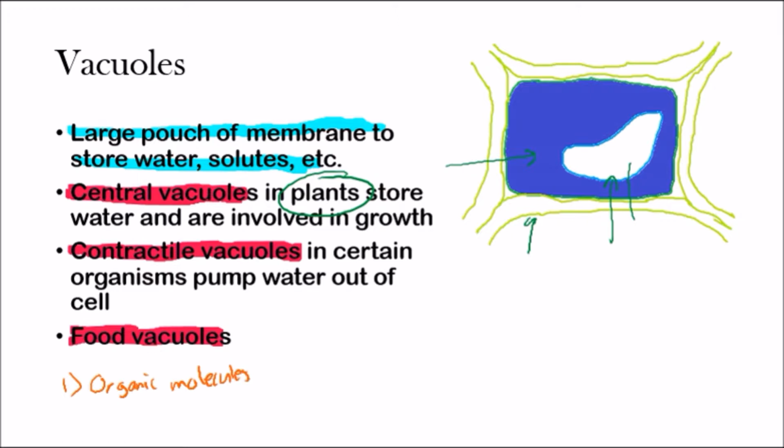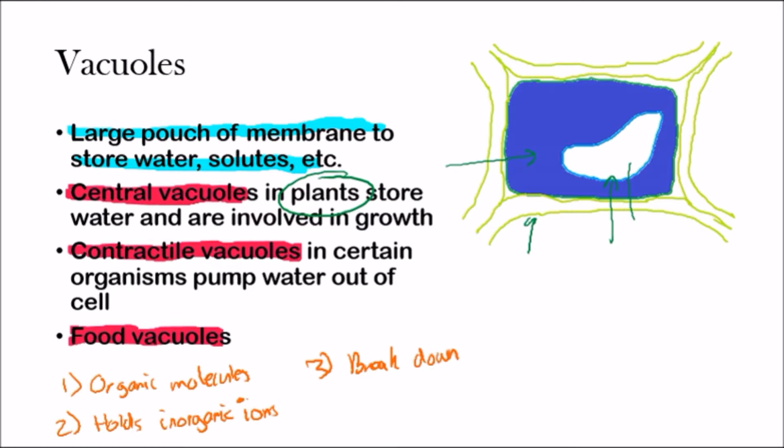These can be used for different things later down the road. If the plant ever needs an organic molecule for something, it can take it from the central vacuole. Two, it holds inorganic ions, things like a chloride ion or a sodium ion. Those types of ions are important for the cell to perform cell communication, which we'll be looking at down the road. Three, they also break down dangerous material,